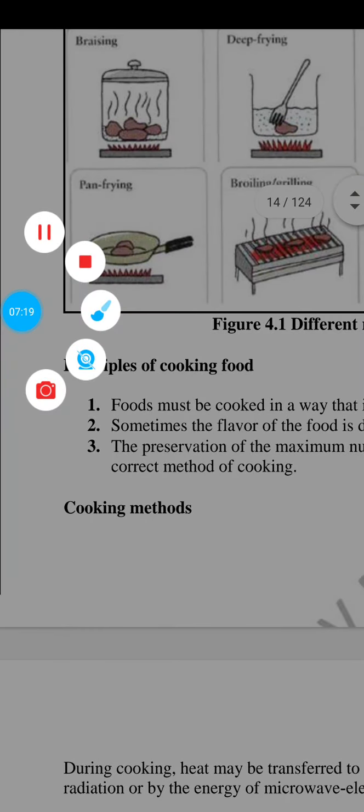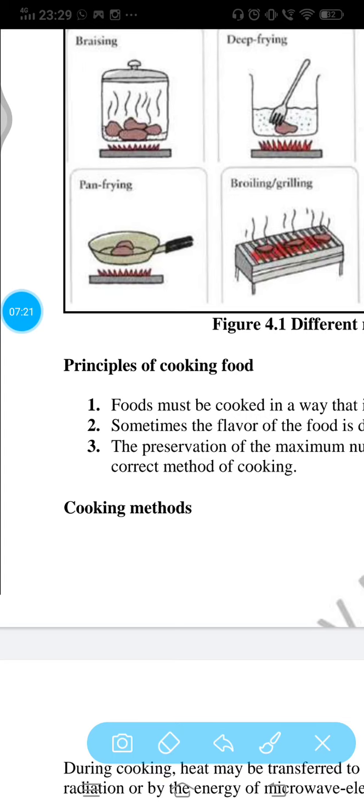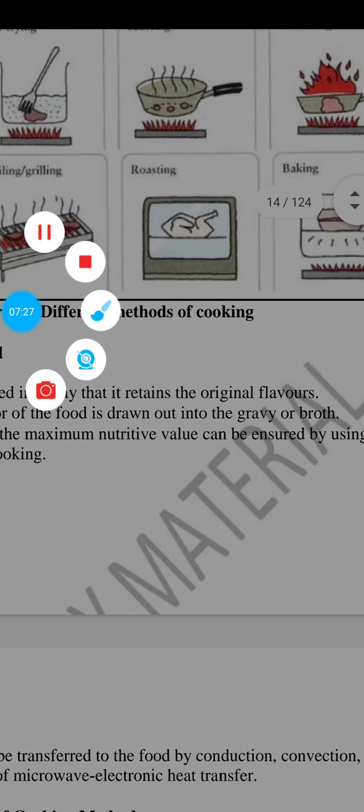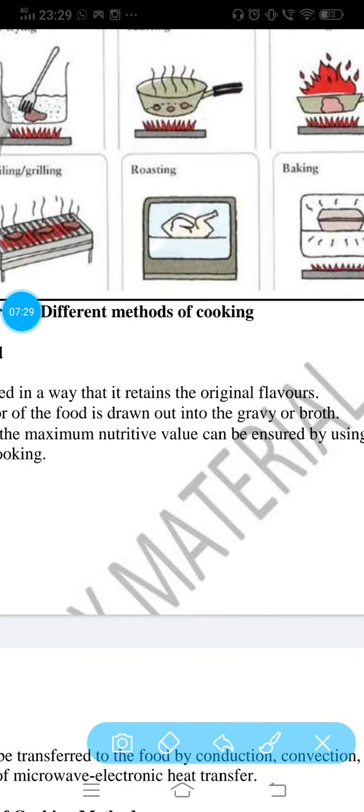Principles of cooking. When you are going to cook food, you have to follow certain principles. What are these principles? Let us understand them one by one. Flavor: whatever flavor the food has, you have to maintain it. It should not be that I make you eat cauliflower vegetable and I just put water, salt and certain spices in it, and it has zero flavor. That is not going to bring any interest in the food, and you have spoiled your food. As we say, "Mummy has made bad food, it doesn't taste good at all." That is, the flavors are spoiled there, intentionally or unintentionally.